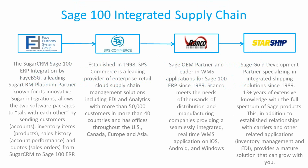Each of our companies has been working to help customers automate their supply chain within Sage 100 for about the last 15 years. The combination of all four of our companies has worked with over 8,000 Sage 100 customers in that time frame. Some of you on the call today may be working with one or all of our solutions, and some of you may be seeing a solution or all of them